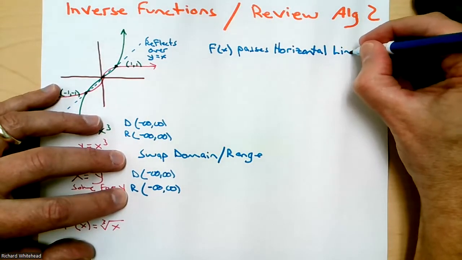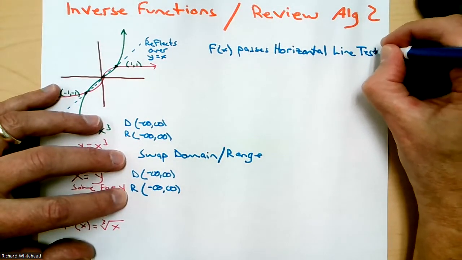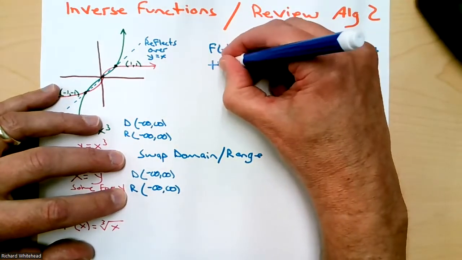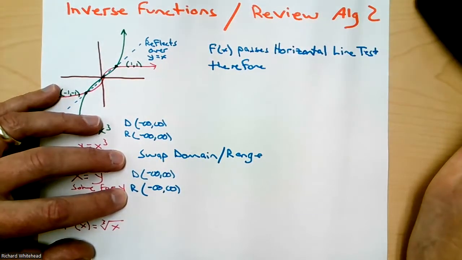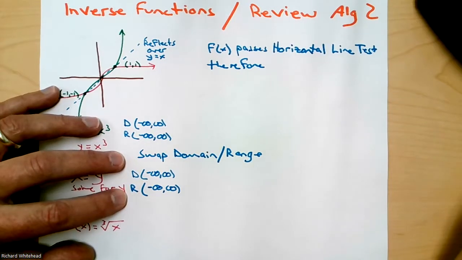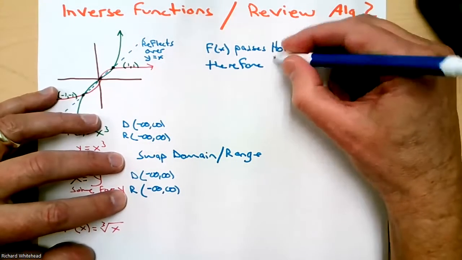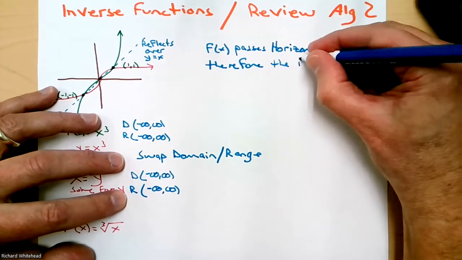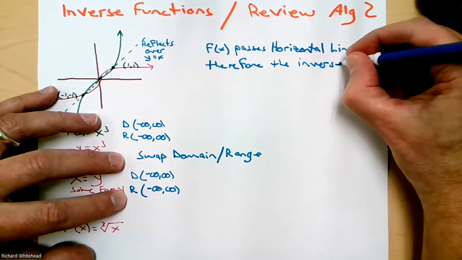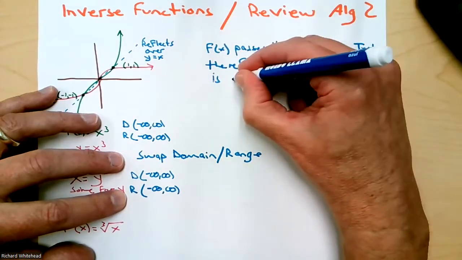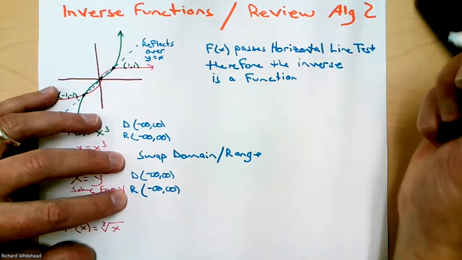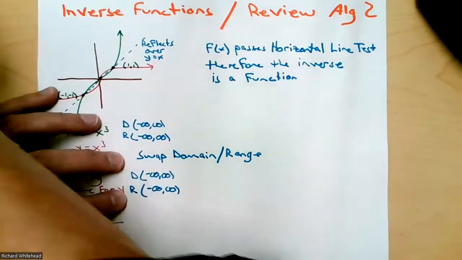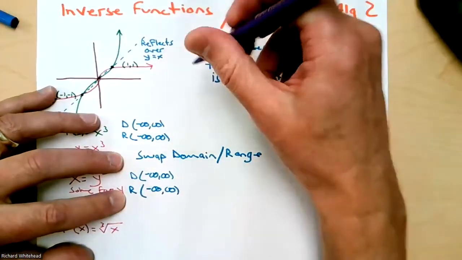Therefore, its inverse, therefore the inverse is a function. I know I just corrected myself and said, if we say inverse, it's automatically supposed to be a function. All right. So if a function passes the horizontal line test,